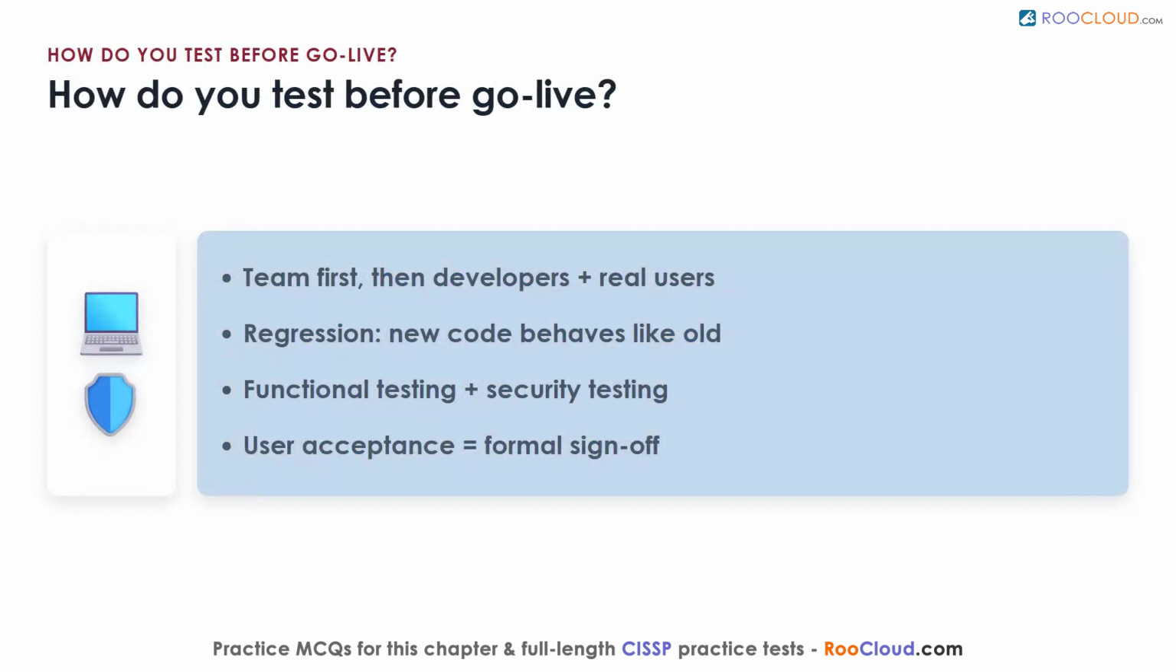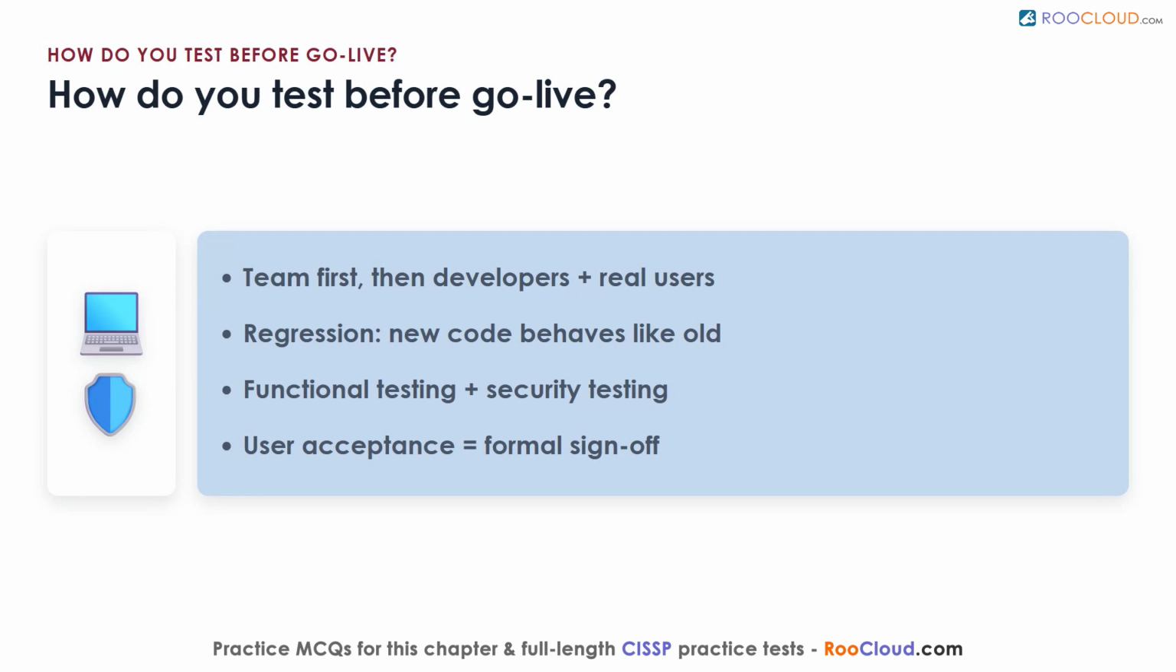How do you test a system before it goes live? Testing starts inside the team, with developers hunting obvious errors, then widens as developers and real users run the system against scripted scenarios covering both ordinary and unusual activity. When you are updating an existing system, regression testing confirms the new code behaves like the old, except for the changes you intended. Cover both functional testing, which proves the software works, and security testing, which proves no serious weaknesses